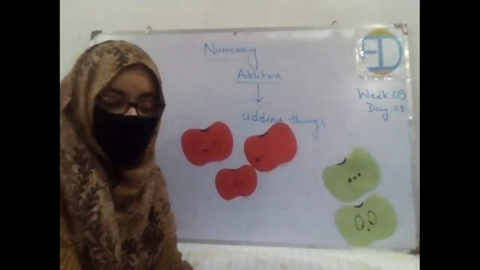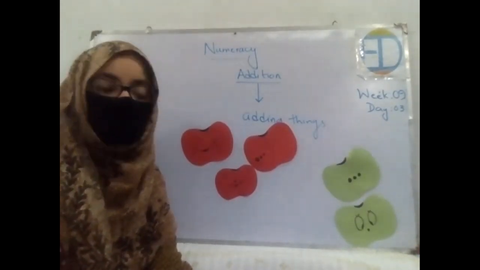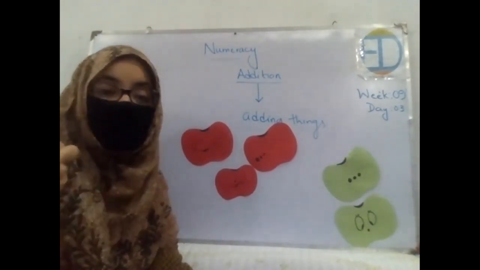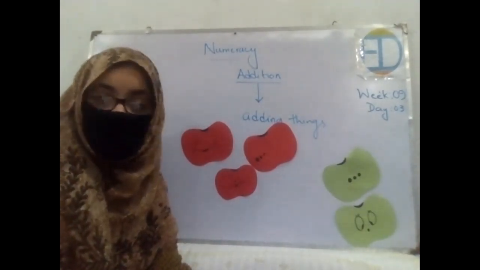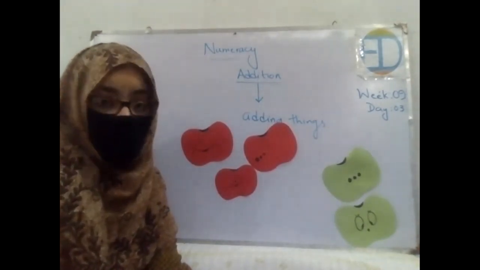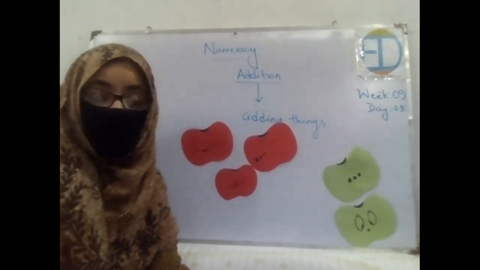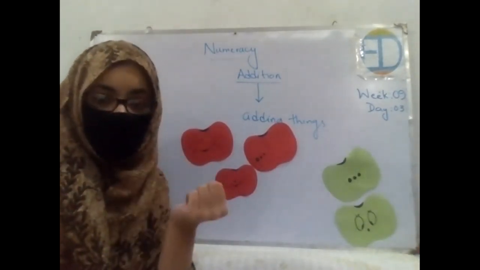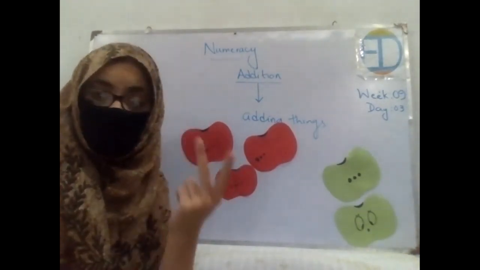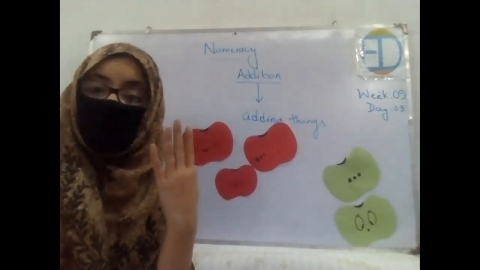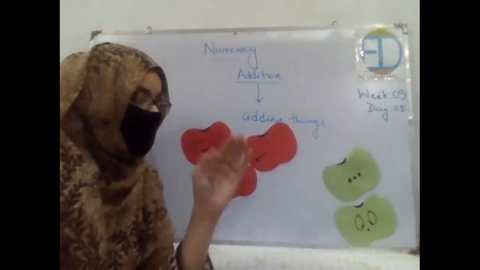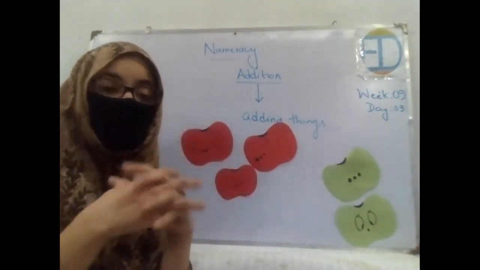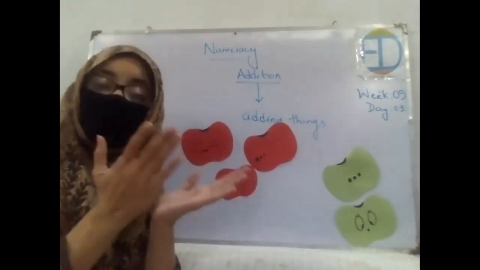No? Okay, let's quickly revise what we have practiced so far. What does it mean by addition? Putting things together. What is addition? It's a number operation. And how many types of number operations do we have in mathematics? Four. Excellent. Can you tell their names? Addition, subtraction, multiplication, and division. Very well done. Okay, and how can we add things? By putting them together. We add two numbers together and then we get the sum of it.